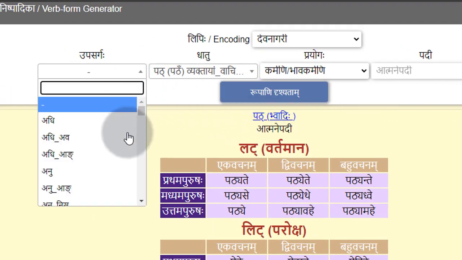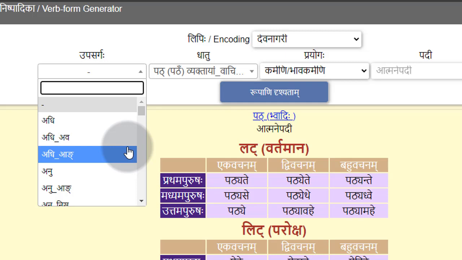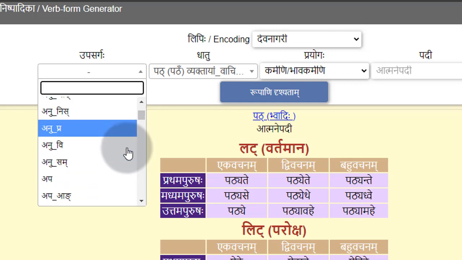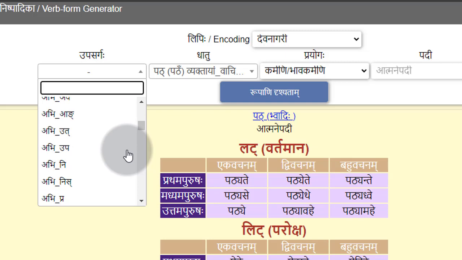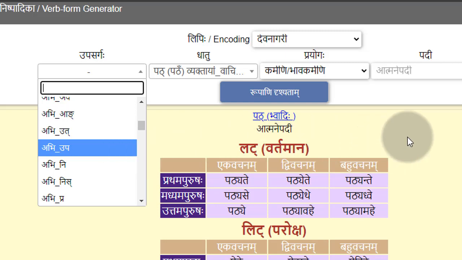And if you are having some verb with upasarga, you can select the upasarga which is to be prefixed, and we can see the upasarga form of the verb also. But all the verbs are not with all the upasarga, so you may not see the forms. Practically they are not like that. There are some well-known verb form with upasarga.